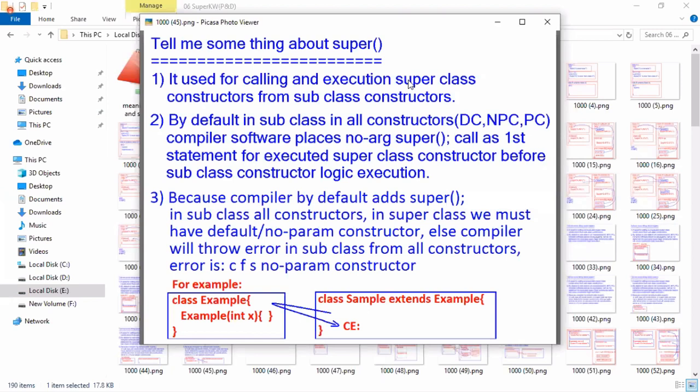Sir, when I don't define a no-param constructor, the compiler places a default constructor, right? Then rejoin the course once again. People who get this question, "Sir, the compiler always places a default constructor, right?" If you get that doubt, please rejoin the course once again. Second time when you are rejoining, pay 5,000 rupees because you already joined once. The compiler will place a default constructor only as long as we have not defined any explicit constructor, right? As long as we have not defined any explicit constructor.